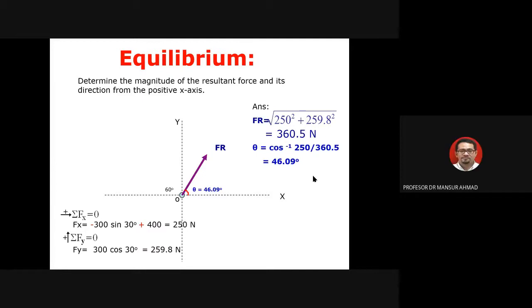Prof. Ya. Kalau yang theta tu kan 46.09 degree. Kalau kita tulis 46 degree je boleh ke? That's why I told you just now, 0.09 could be significant. Sebab dia arah kan, dia sudut, jadi mungkin dia akan bermakna lah. Jadi I think if you put that as 46.1 is much better than putting it as 46. Sebab sudut ni sikit berubah je dia akan lari pada jarak jauh kan.